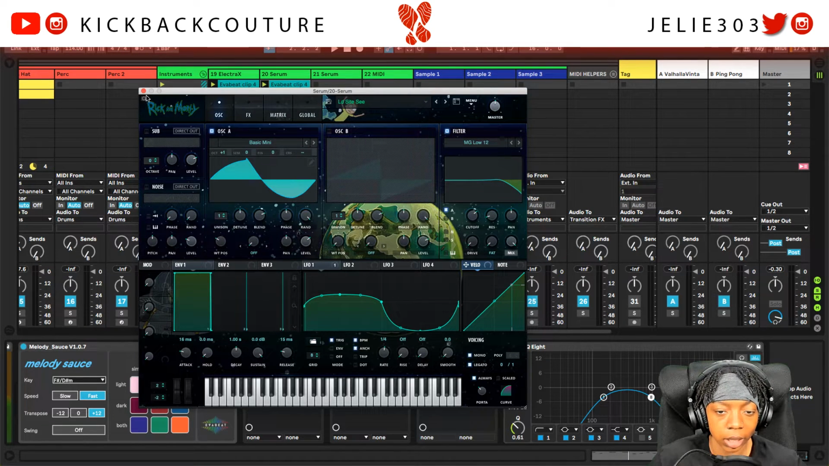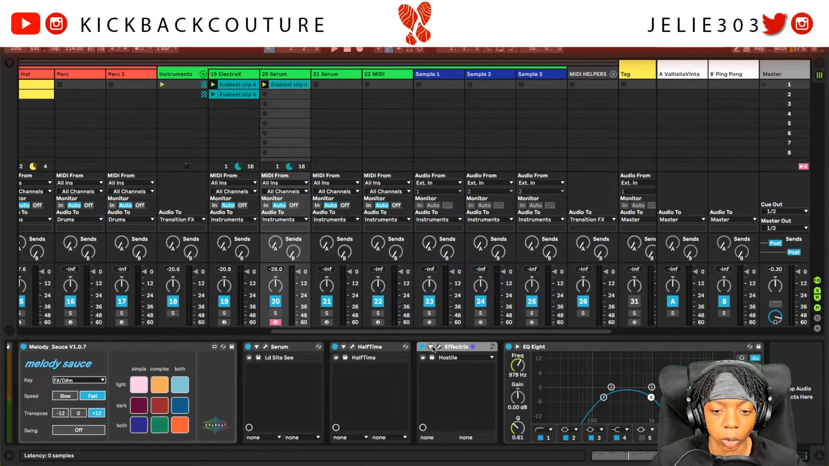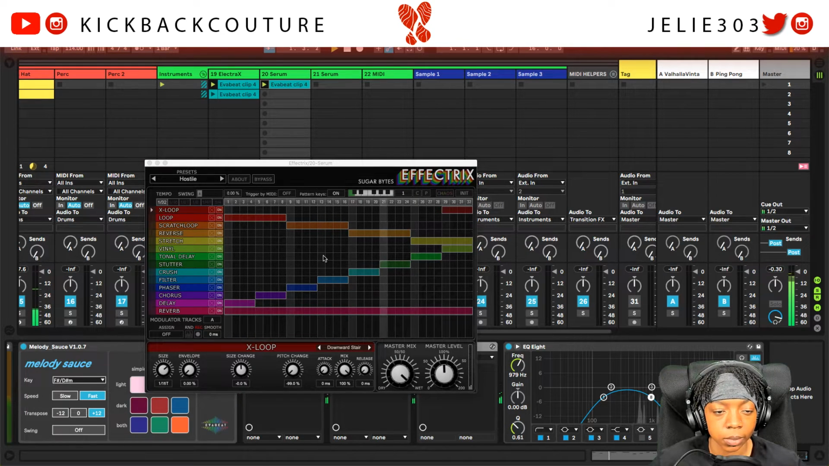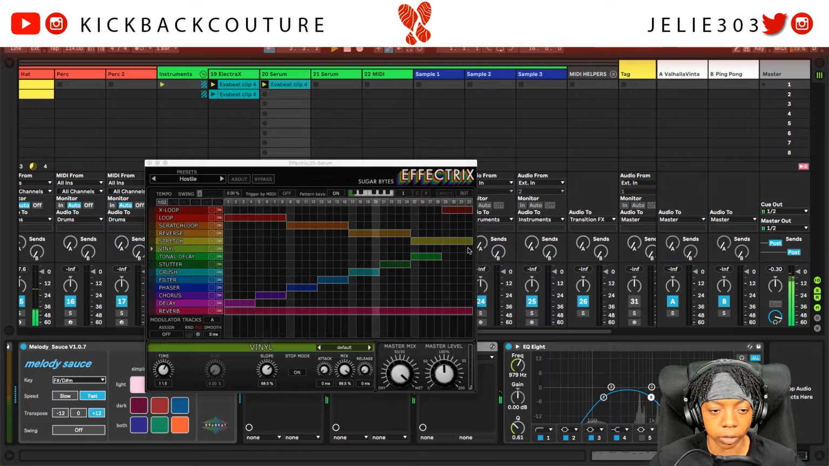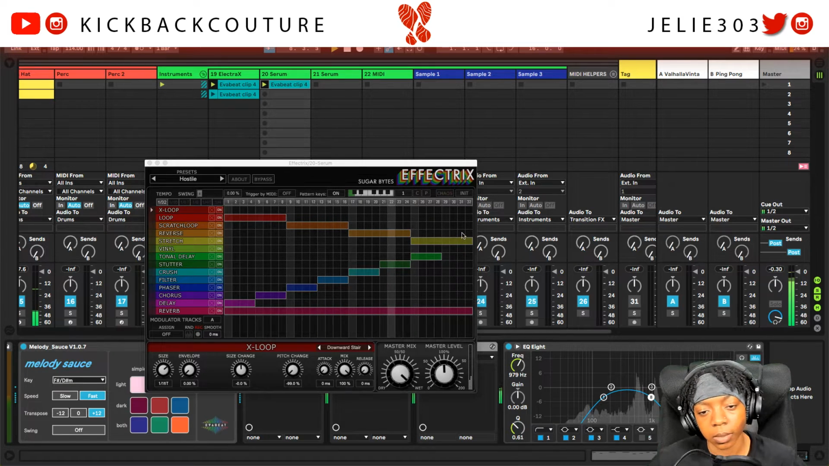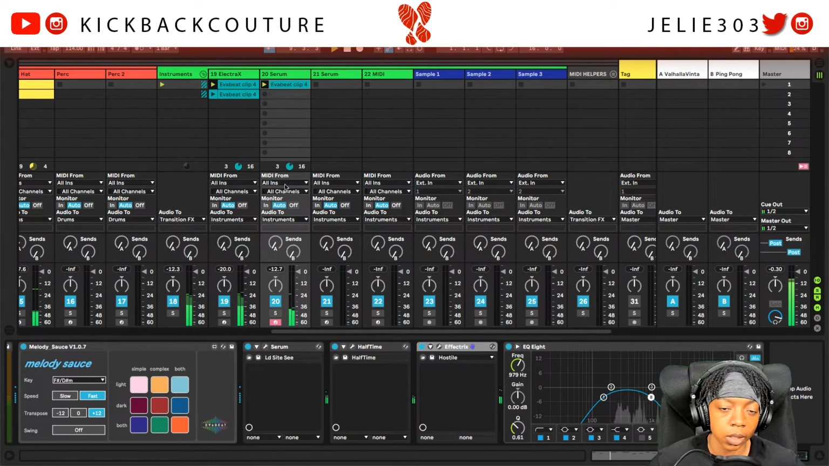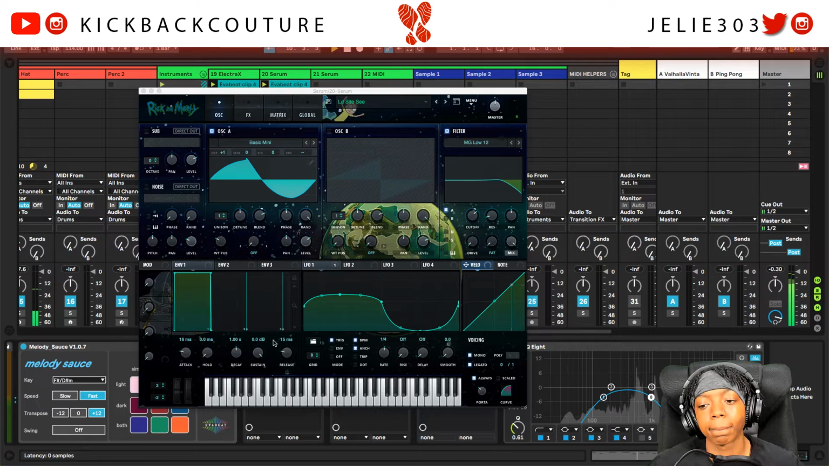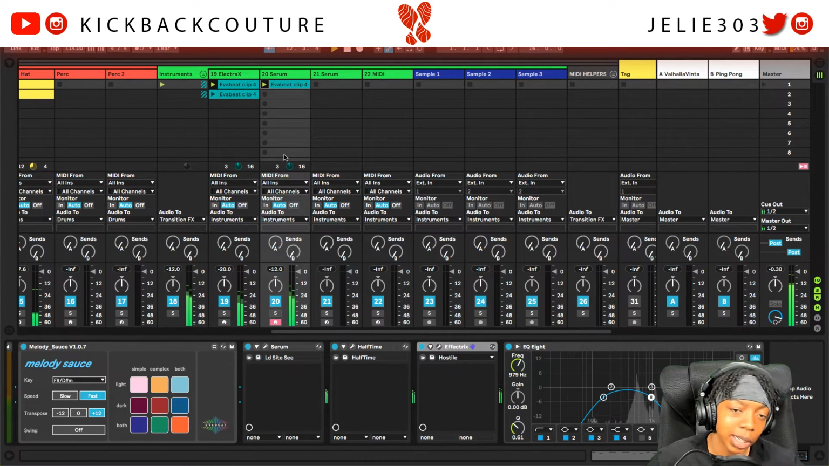It's a lead, and I also want to go into Effectrix and take off the vinyl effect. And the X loop at the top. There we go. Still turn it down a little bit. Last thing I would do is lay it out. So